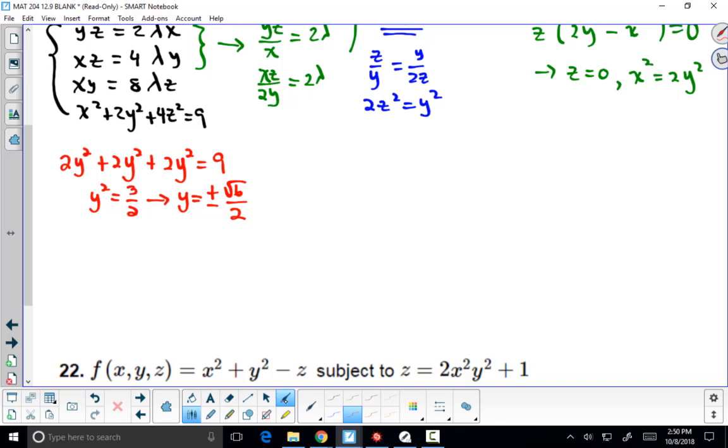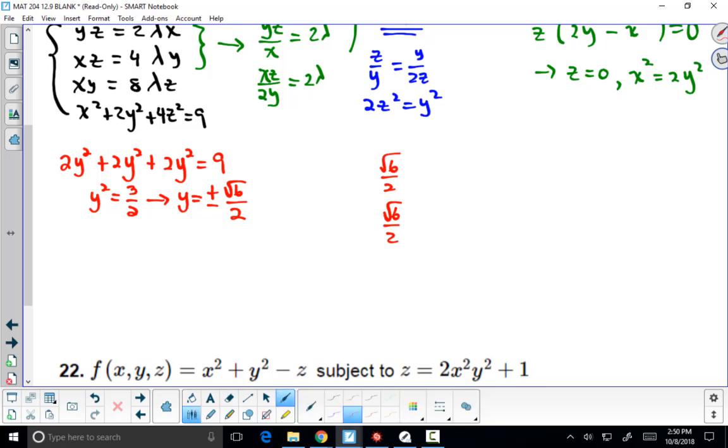Let's build a table, I guess. So y is going to be root 6 over 2. Y is going to be minus root 6 over 2. When y is root 6 over 2, let's go for the x's first, over here. It's probably easier to look at y squared. Y squared is 3/2, so x squared is going to be equal to,